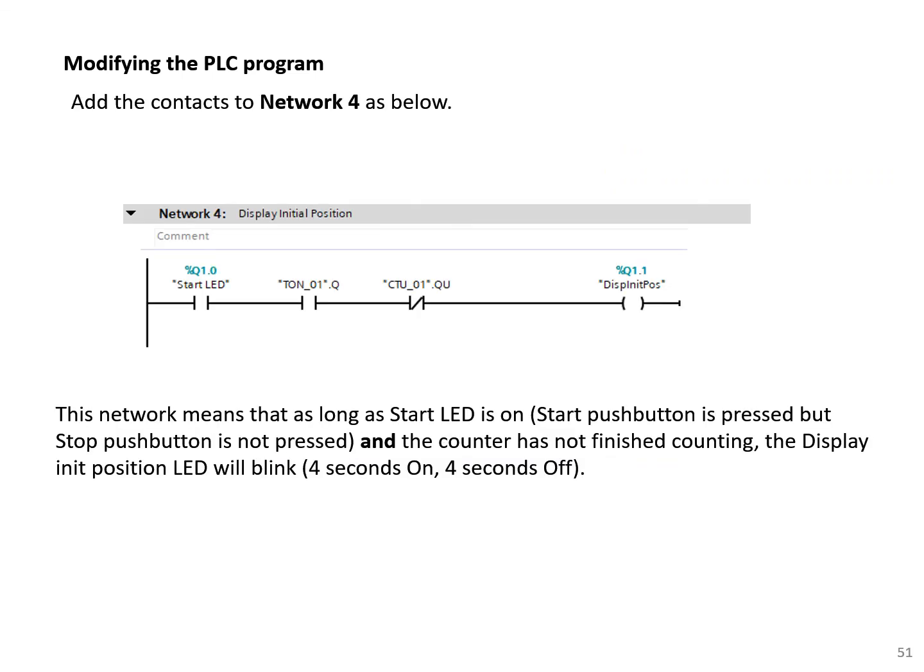Add the contacts to network 4 as below. So here we are in network 4. Try to develop it as you could see here. We have start LED. We have the down bit of the timer 1. We have the down bit of the up counter 1 negated here, and we have